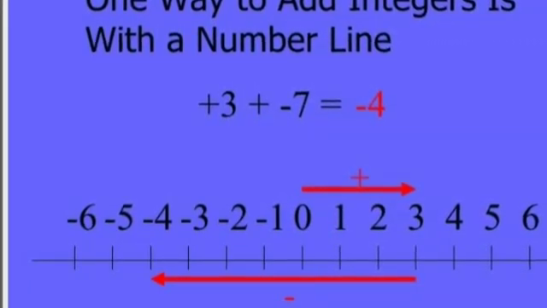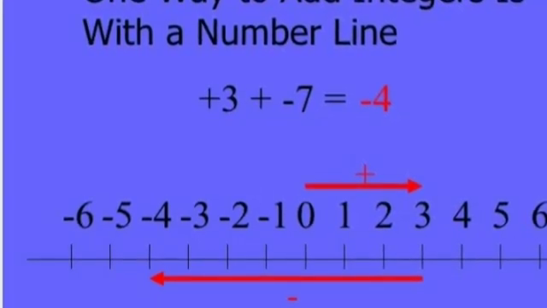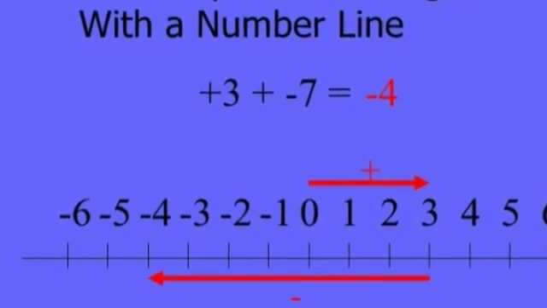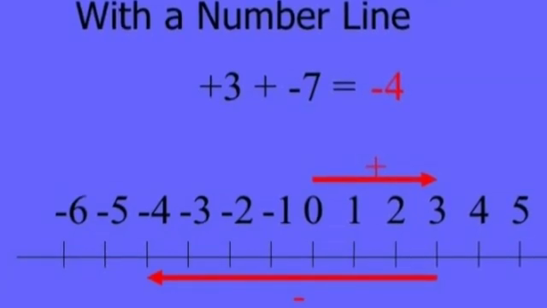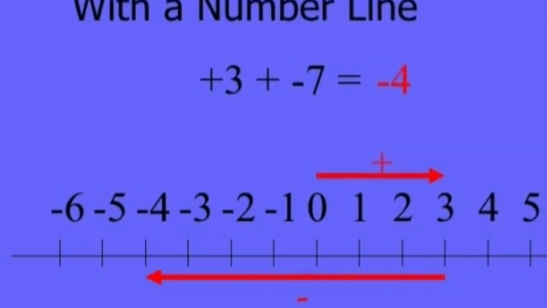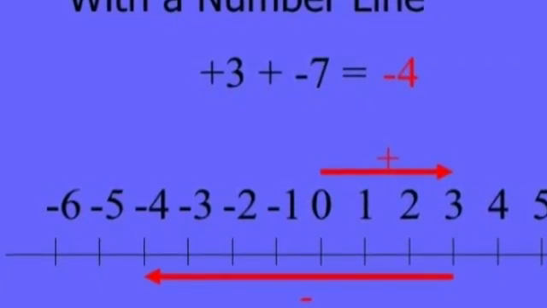So see here. 3 to 2, 1. 2 to 1, 2. 1 to 0, 3. 0 to minus 1, 4. Minus 1 to minus 2, 5. Next, minus 2 to minus 3, 6. Minus 3 to minus 4, 7. Stop. So what is your resultant here? Minus 4. So I hope you understood.